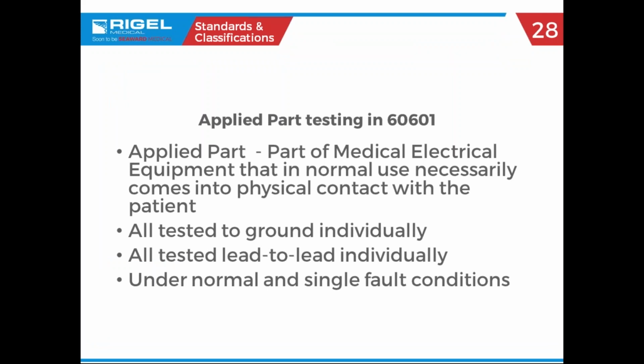Further, when we talk about applied part testing, applied part kind of equals patient connections, if you will. So in this case, an easy one to think of is EKG leads. So 60601, the specification, the standard states that each of those patient leads will be tested to ground individually, and then each will be tested lead to lead individually, and all of those tests will be repeated for every single